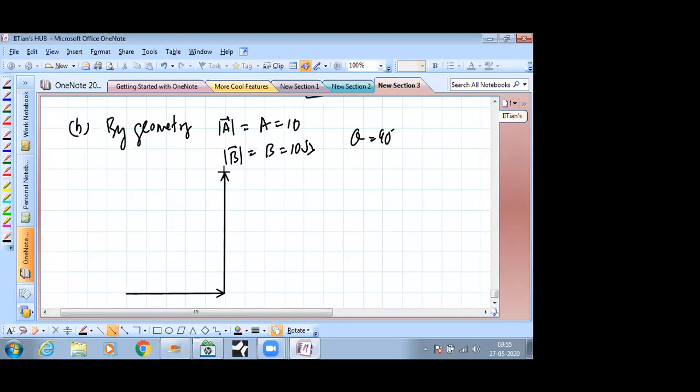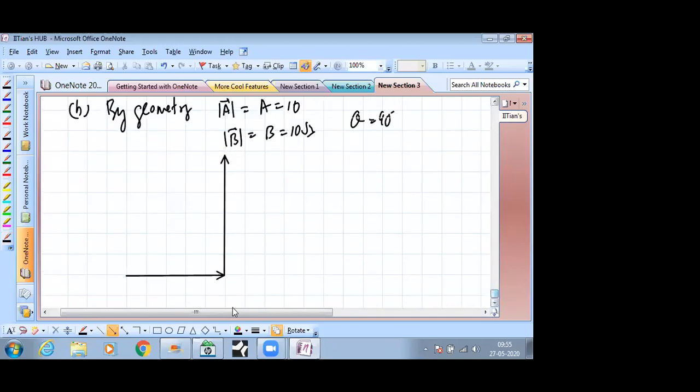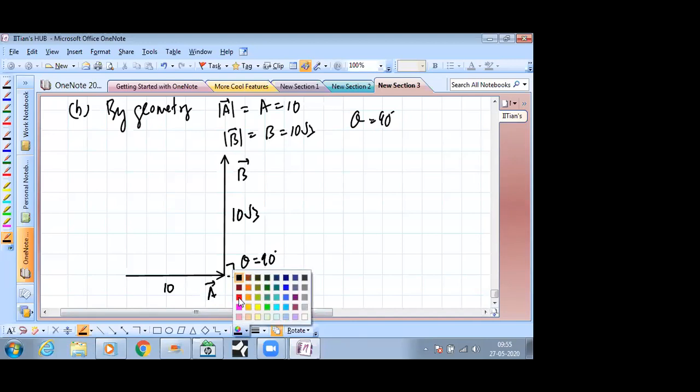So makes life very easy. This is the vector A, its magnitude is 10. This is the vector B, its magnitude is 10 root 3, and the angle between them is 90 degrees. So then the triangle that we are drawing to find the resultant, that only is a right angle triangle. As you can see,